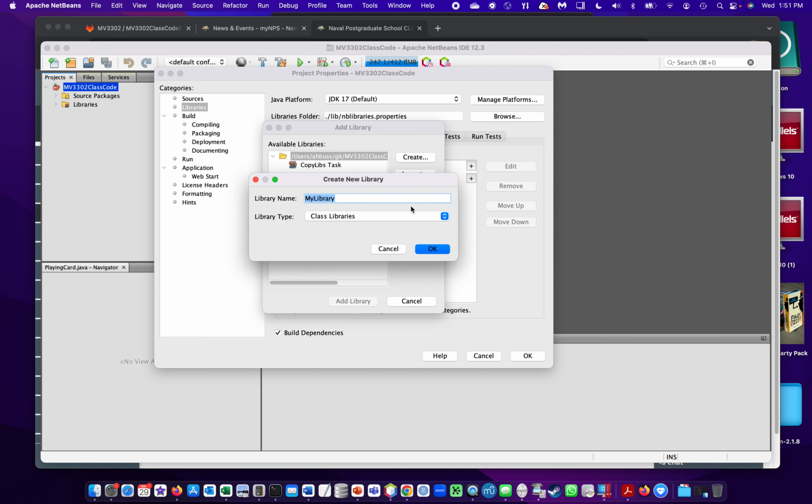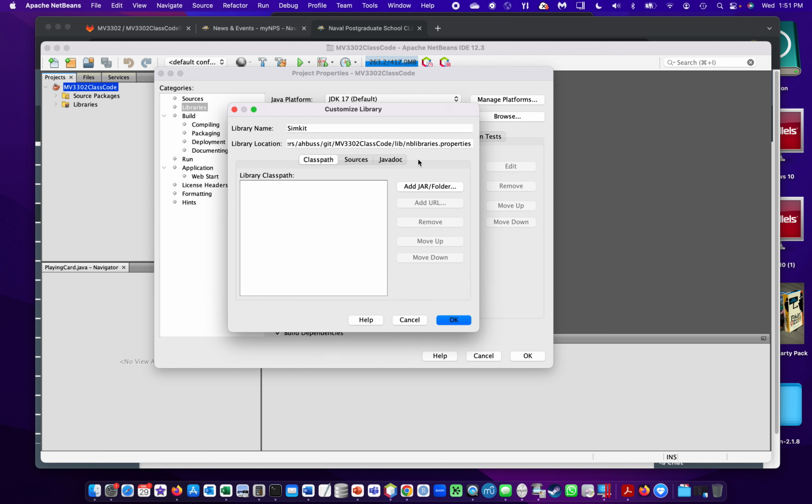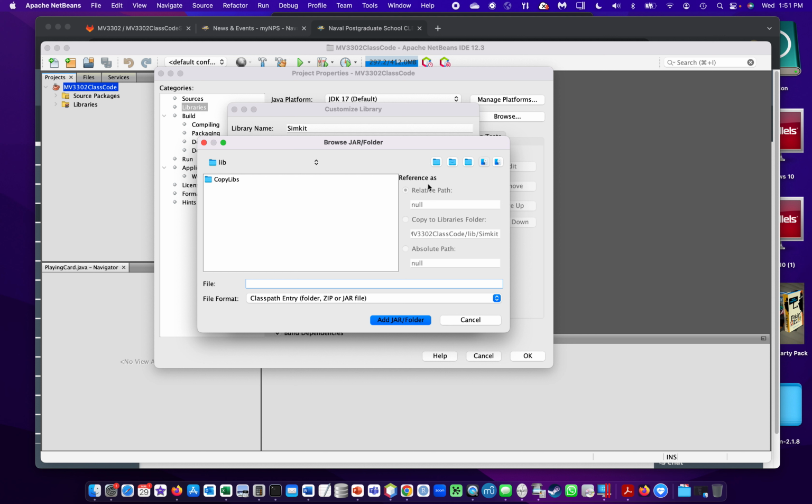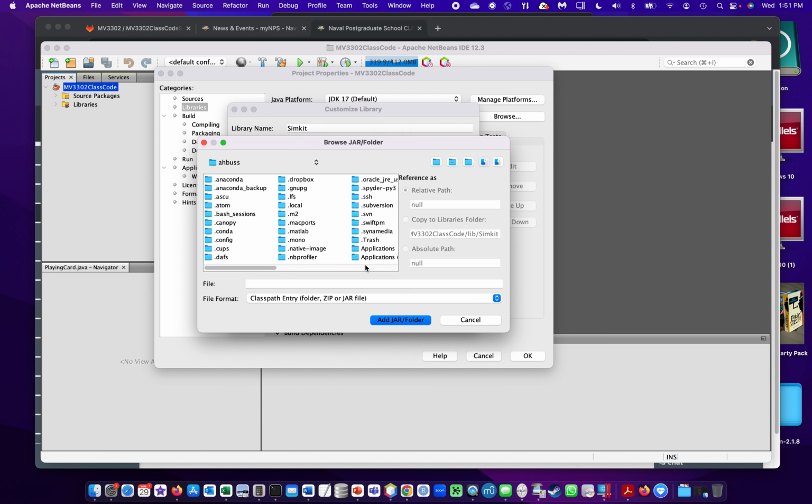All right, so let's create that. Let's call it Simkit. The thing about Simkit is that the K is not capitalized, so it's capital S, small k. If you do it this way, it makes life easy for me, just so you know. And then we now want to customize that library. There are three tabs we need to worry about. First is the class path. So click on Add jar/folder. In this case, it's starting off in our